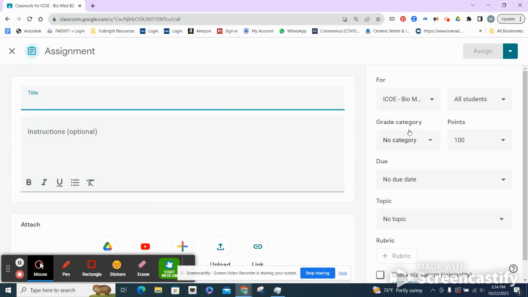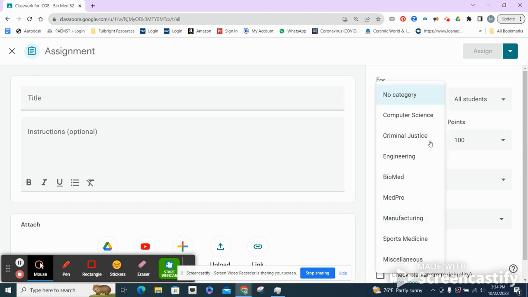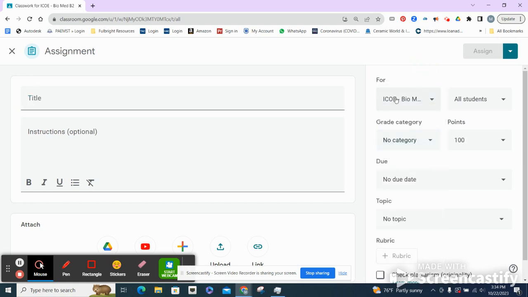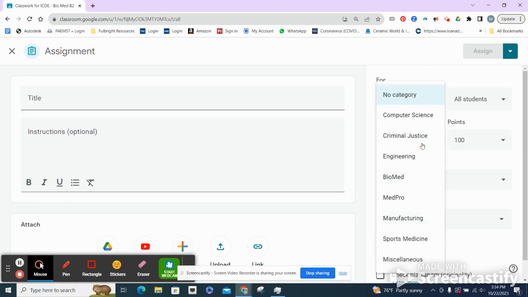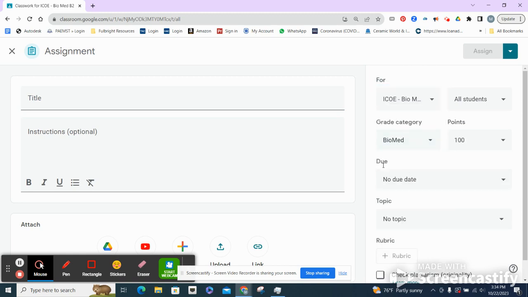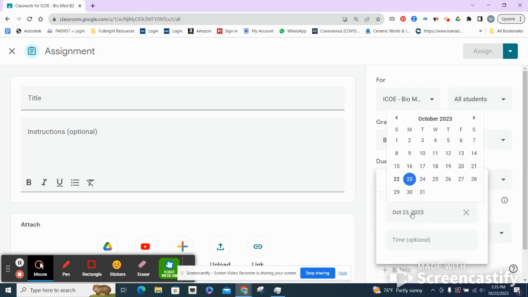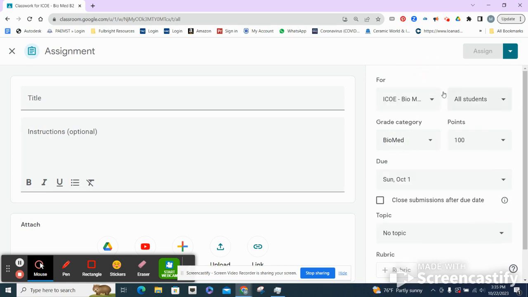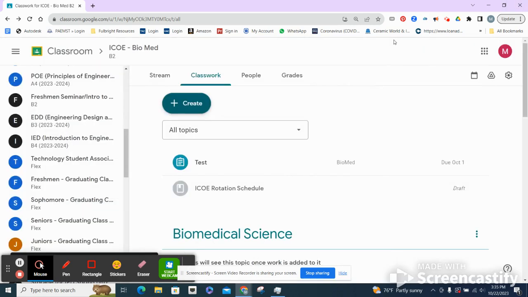So here you're going to say grade category. I think I'm under the biomed tab. So I would go to grade category biomed. And then you can do your typical due dates and etc. The reason this is actually very important is because each one of our classes gets an assignment of